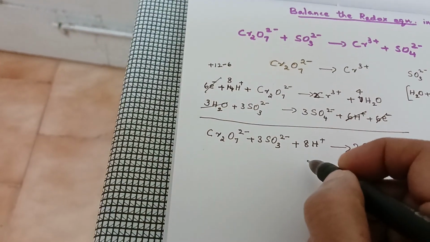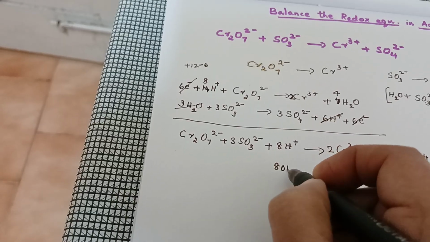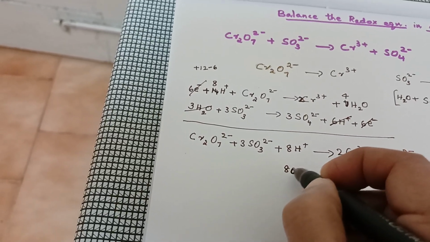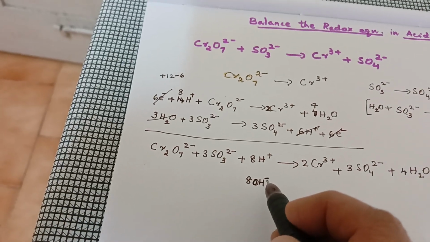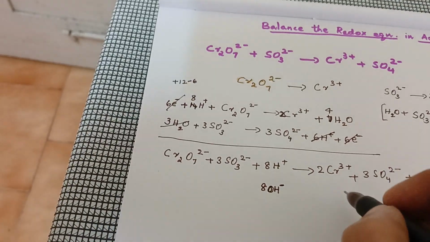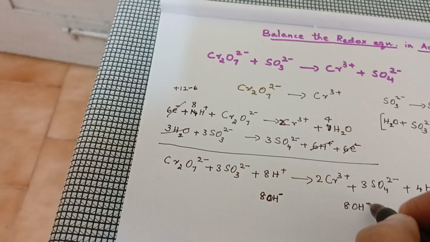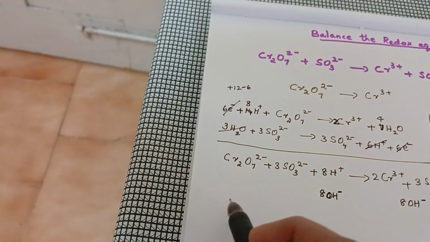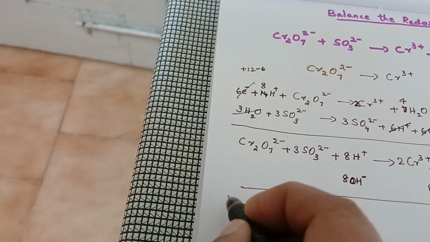That is how we get the balanced equation for the basic medium. So on the left hand side we are adding 8 OH minus, and we will add 8 OH minus to the right hand side also. And in the final basic medium equation we will get